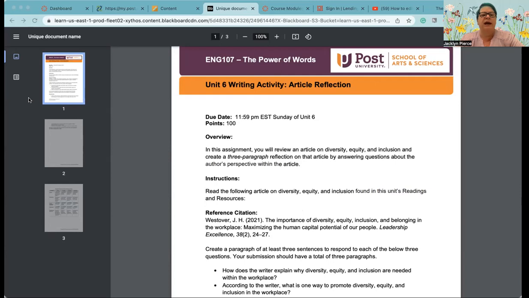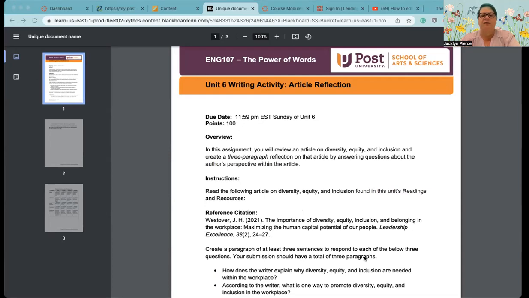I am going to have 3 paragraphs starting on page 2. At the top of page 2, you'll have the title again, and then you'll have the paragraphs right below that. Your paragraphs will be double spaced,